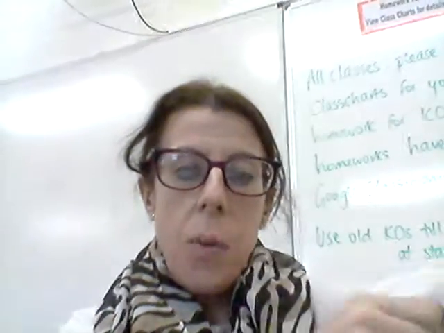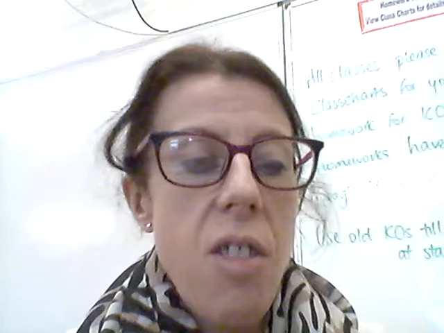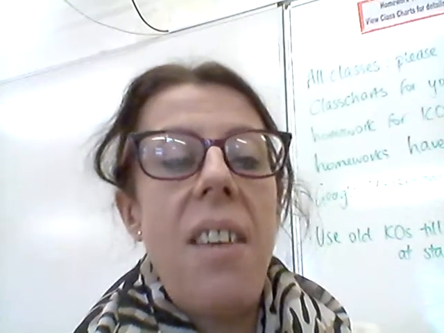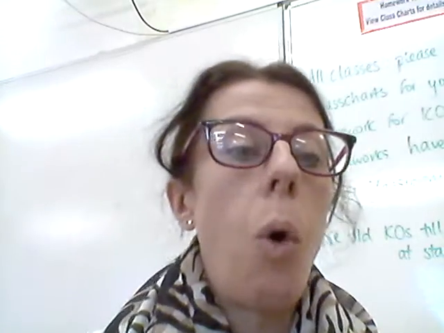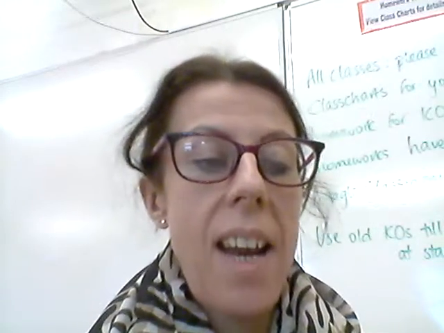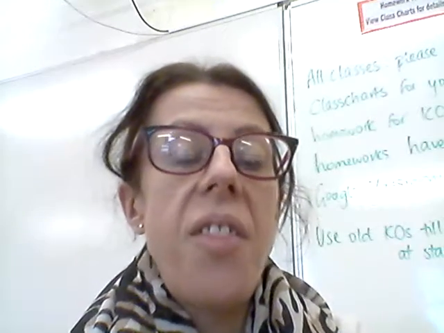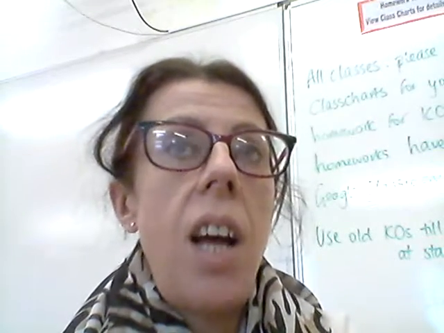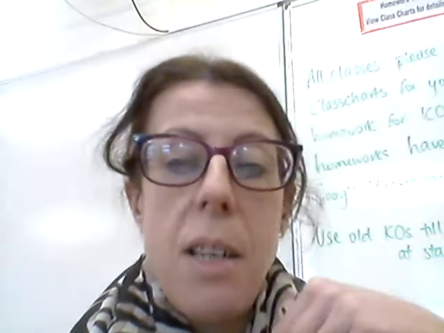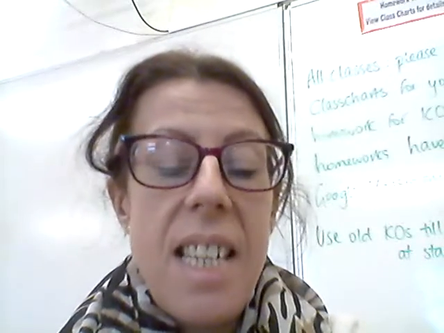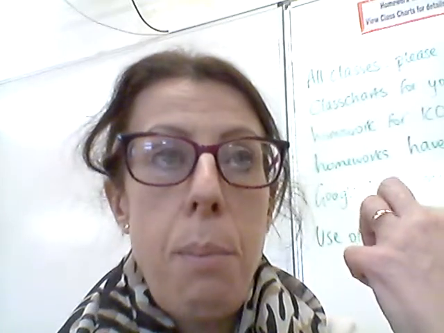Okay, so this is called a question matrix. If you have a look at it, the red words down the left hand side are the words that you use to start a question with. So you can see you've got what, where, when, which, who, why, and how. Now believe it or not, questions actually differ a lot in difficulty. So questions that begin with what are actually a lot easier than questions that begin with how.